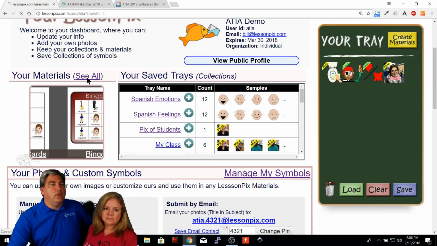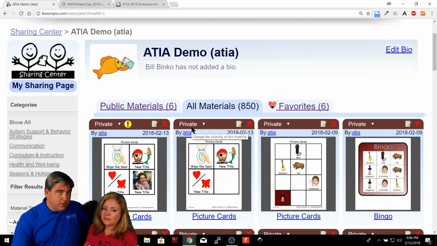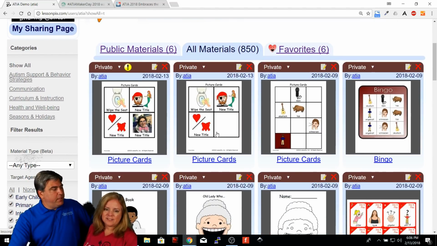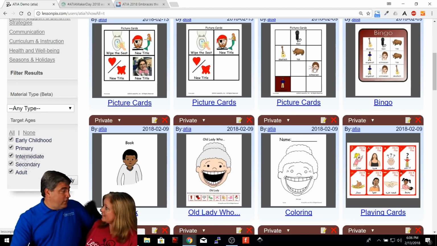So if you go into your materials section, even your existing materials that had private images or had private symbols that weren't your images, in other words, you made combined pictures, or you changed the coloring, or you added your own text symbols, all of those, we went back and retroactively made it so that you can share those as well. So yay. That's awesome, but it took a little bit of time.